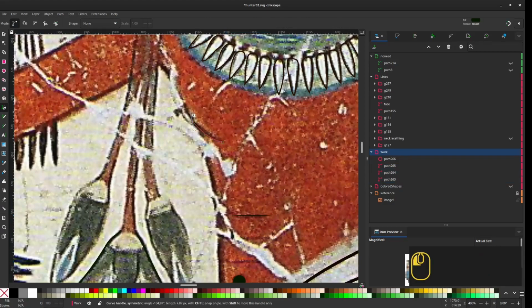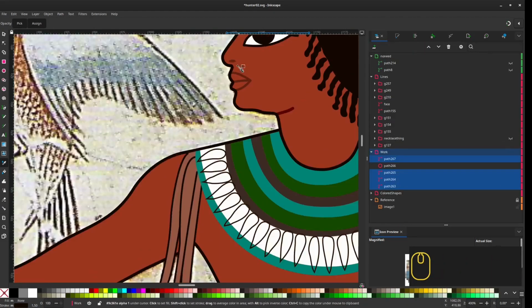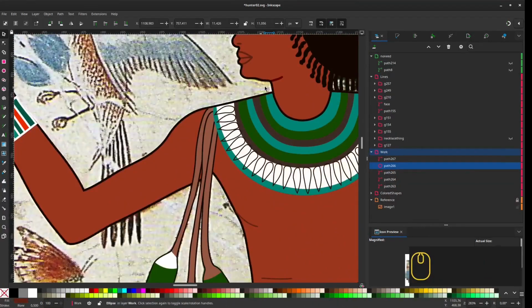I'm going to add these shadows that are on the body here,